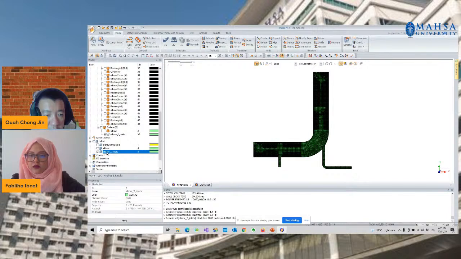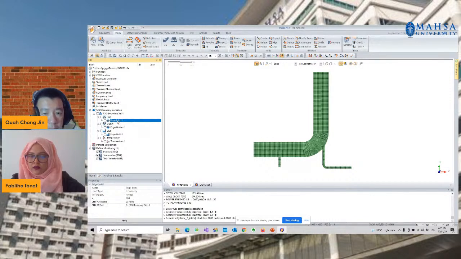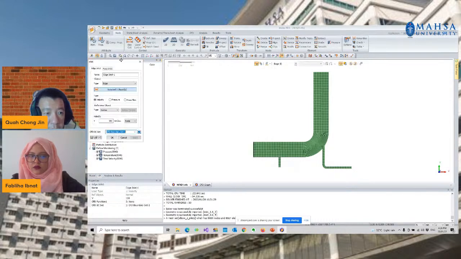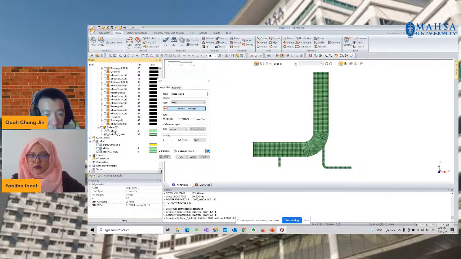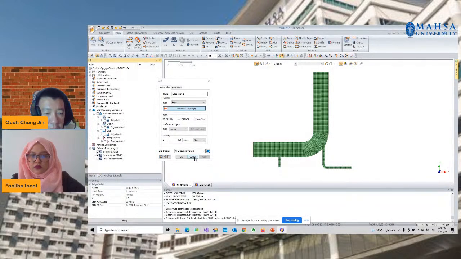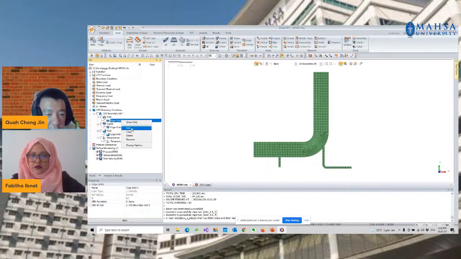We'll be doing the same things in this case for the boundary conditions. First of all, we'll modify the inlets. What I'm trying to do is add additional edges here, because in this case we're going to have two models, the elbow and the elbow_2 inlet. So I don't want to lose my previous settings, so what I am going to do is just edit.